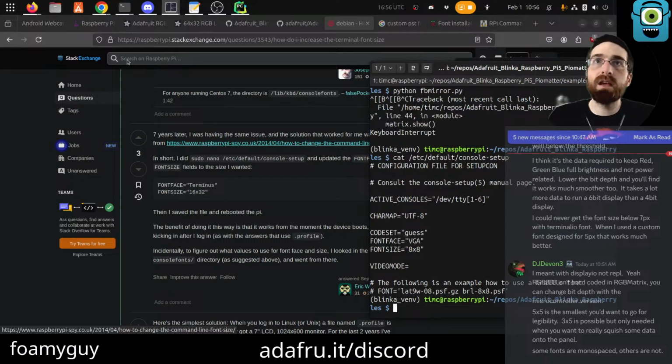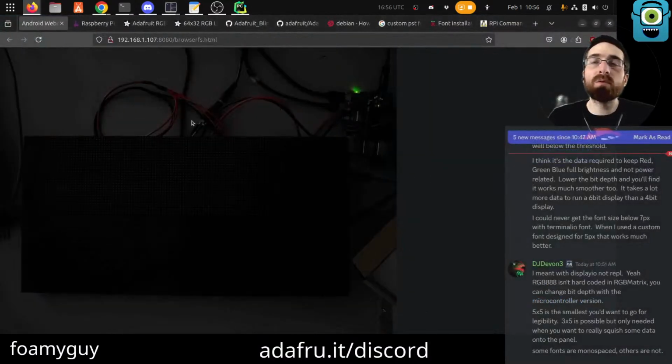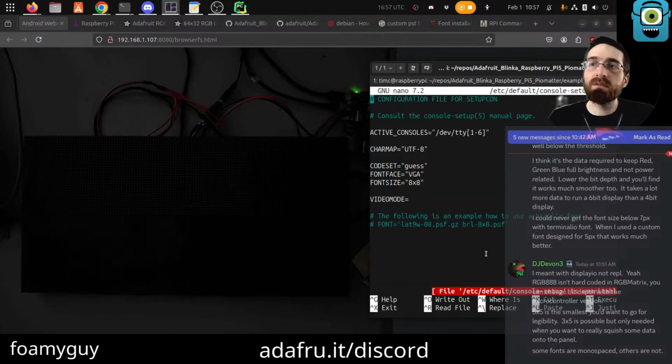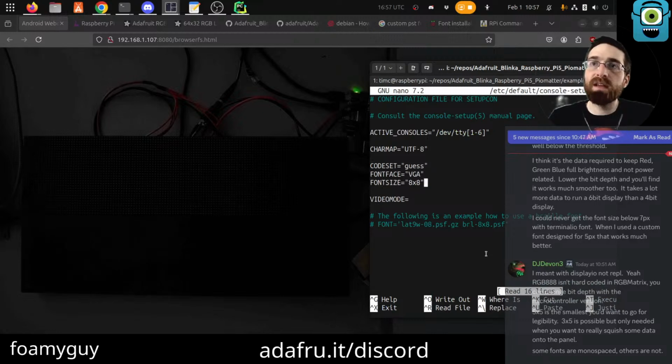That says VGA 8x8, which is what I could select from the GUI thing. But when I set it before, I actually just did... Do this without sudo? No. I just did 8, I'm pretty sure, right?